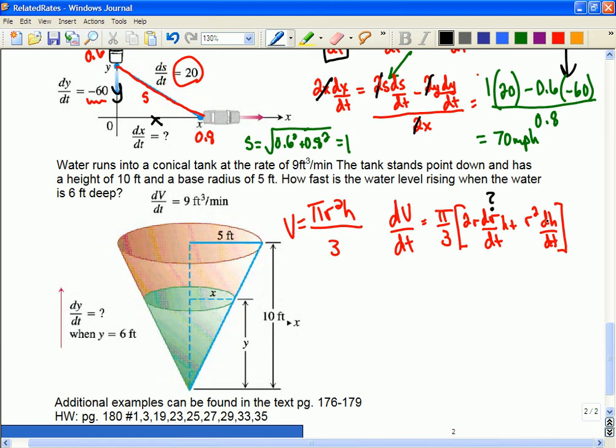And we need to keep this one in here because that's what I'm looking for. How does the height change? So the problem is if I don't have that information, I have to be more creative. And that's why, if you're used to this cone example,